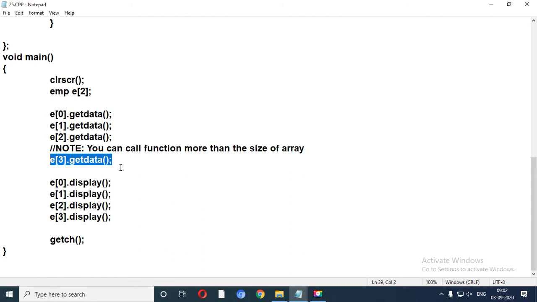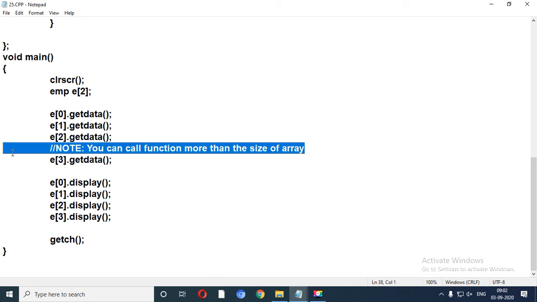You cannot store array values more than the size of the array. But C++ allows you to access the elements of the array, and you are able to store more than the capacity of the array. So you can call e3.getData and use it. You can call a function more than the size of the array. Such a thing is not possible in the C language.